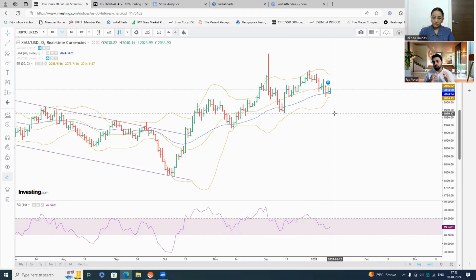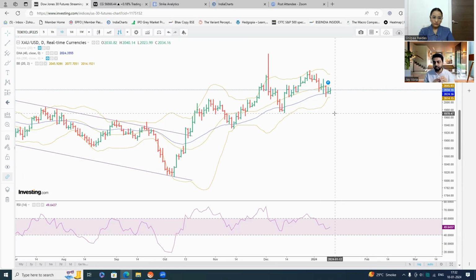Now, the point is that, see, something is wrong. The reason why I say that is because the Asian indices which are trading at lower levels should either catch up, or the Indian indices or the US indices or Japan, which are trading higher,